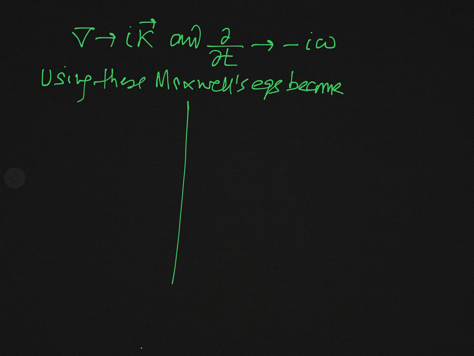The first Maxwell equation in isotropic dielectric medium was del dot E equal to 0. When we write this del dot E in terms of this, it will be ik dot E equal to 0,